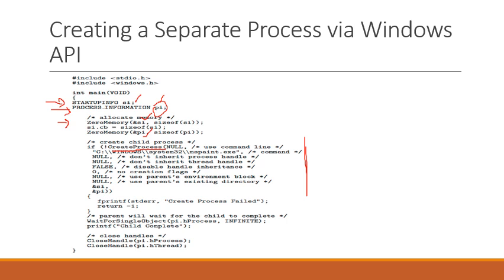We are not going into the detail of these parameters. Most of the values are the default values for these parameters. The only parameter that we will discuss is this second parameter after the null parameter. This second parameter, C:\Windows\system32\mspaint.exe, is the name of the program that will be loaded onto the child address space. So the mspaint.exe program will be loaded onto the child address space.